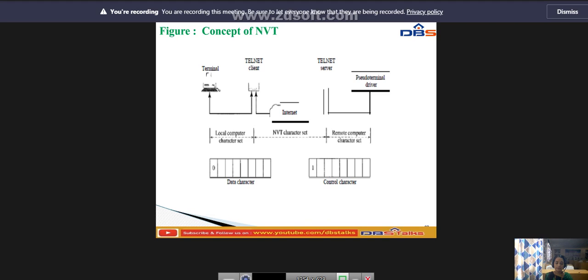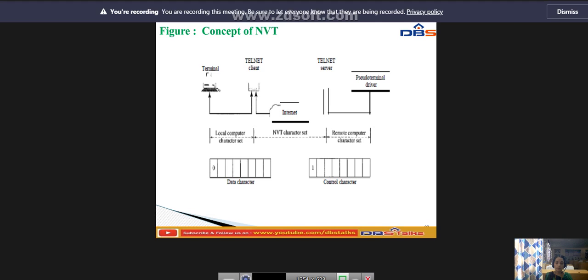This is an 8-bit character set in which the 7 lowest order bits are the same as US ASCII and the highest order bit is 0. To send control characters between computers, from client to server or vice versa, NVT uses an 8-bit character set in which the highest order bit is set to 1.